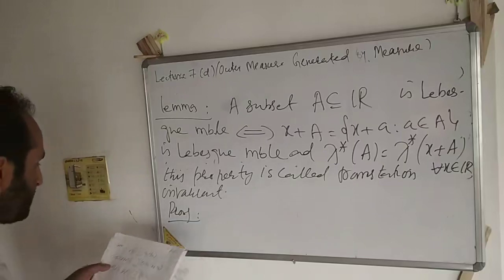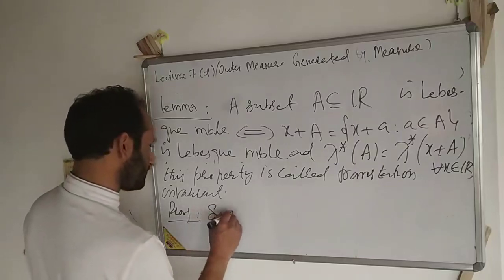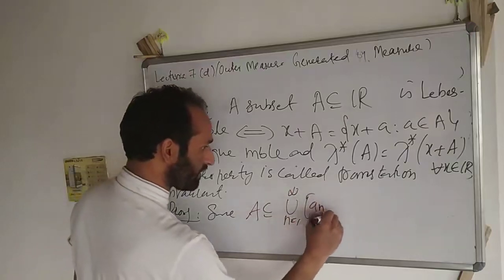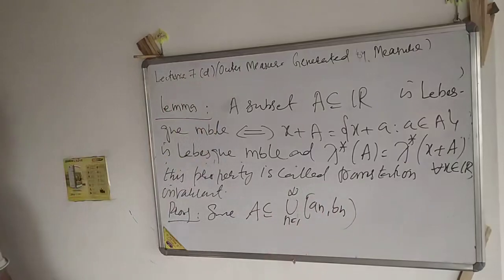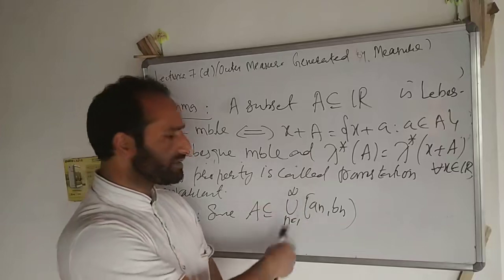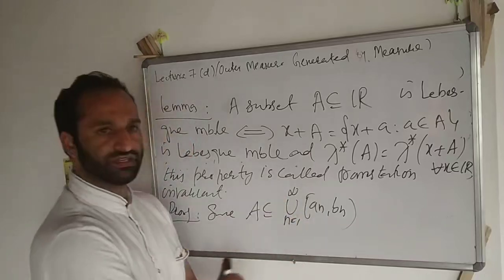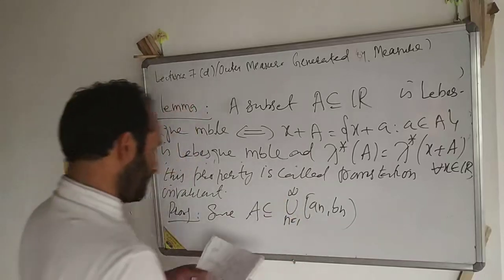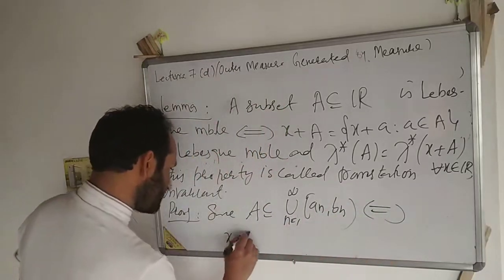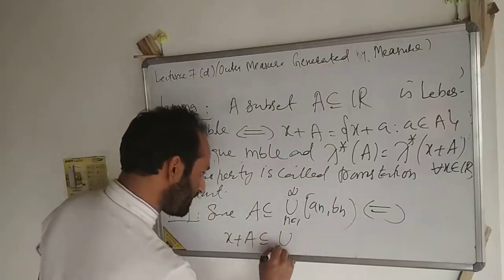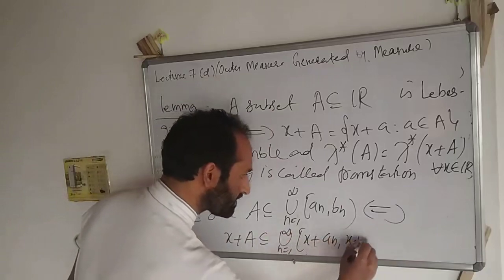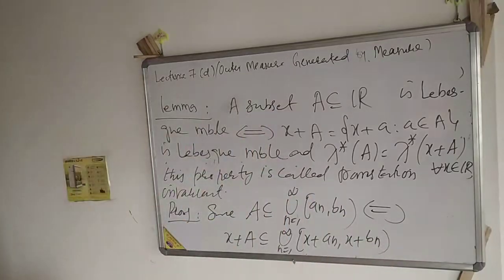You can see this since A is a subset of the union n runs from 1 to infinity of An, Bn, because here the semi-closed intervals are the class, so A is a subset of this if and only if x plus A is a subset of the union n runs from 1 to infinity of x plus An comma x plus Bn. So therefore